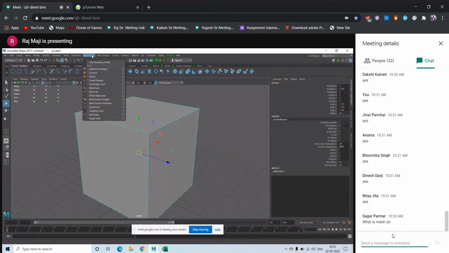Now in that we have one tool called the multi cut tool. There used to be two different tools: one was the cut faces tool, one was the split polygon tool. Both tools are not there. So in 2017, what they did, they created a single tool which has both tools, split polygon tool and cut faces tool, and that's how they named it multi cut tool. You have to remember multi cut tool. What it does,